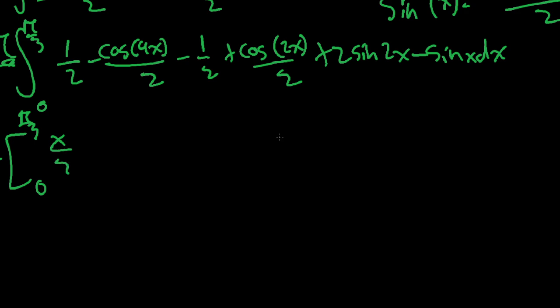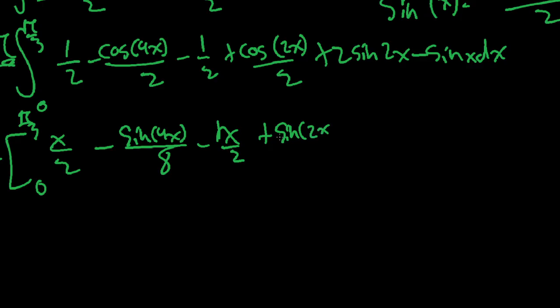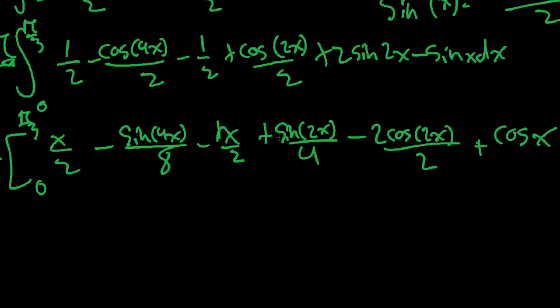So x over 2 minus sine of 4x over 8 minus x over 2 plus sine of 2x over 4 minus 2 cosine of 2x over 2 plus cosine of x plus c. That should be the final integral,